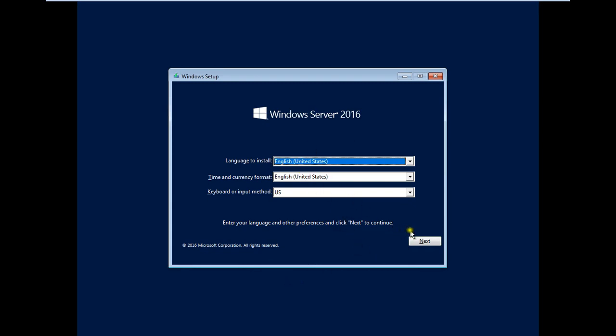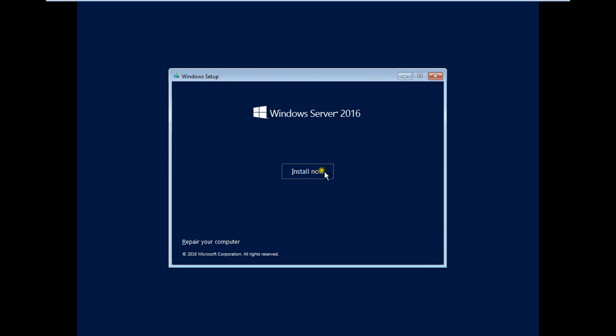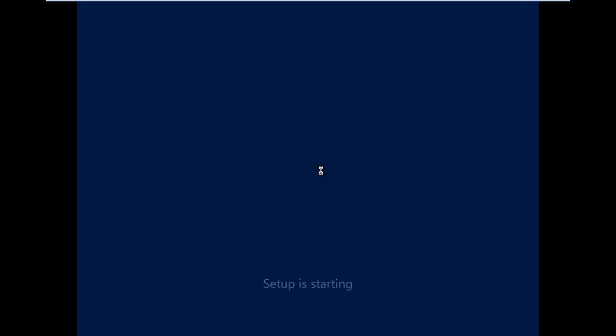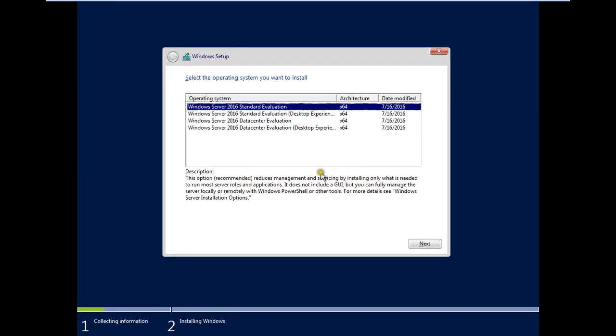Okay, we have to select the language, and then come here, install. We will see this is Core and this is GUI.